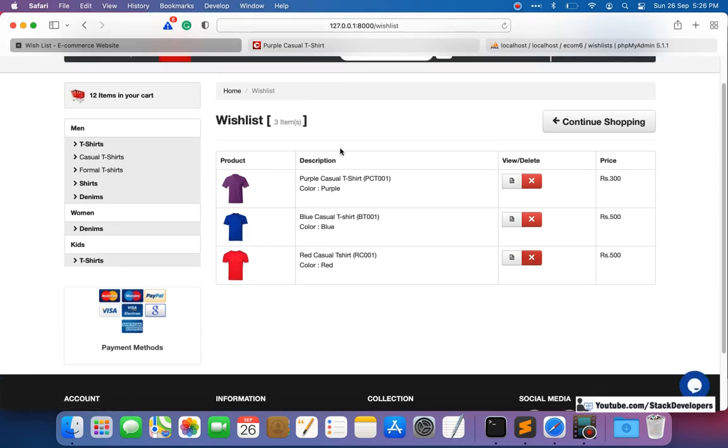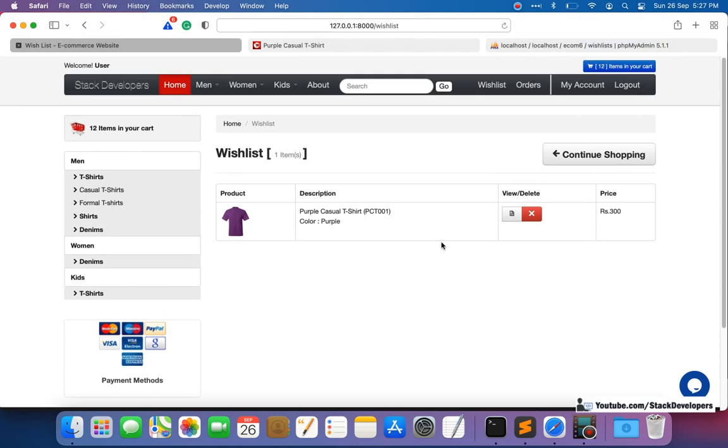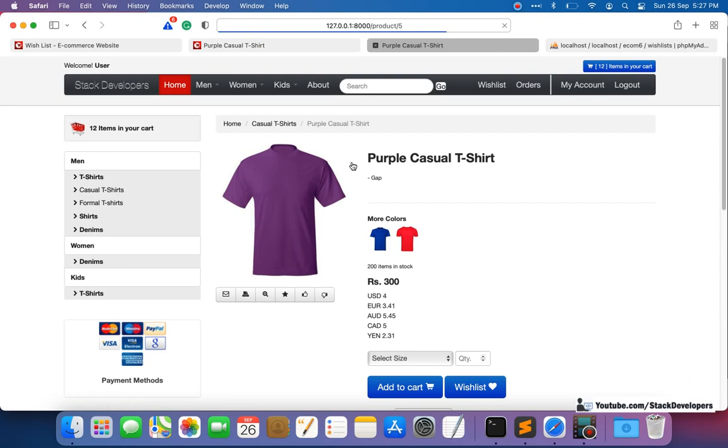So now I'm going to remove this one. There 2 items must remain, and it must be removed instantly with the help of Ajax. So let's see. See, you can see that 2 items are left here, and I am able to delete the item instantly, and this count is also updating with the help of Ajax. Like this, you can update your wish list. Okay, so it's almost over now. You can create this wish list at your end as well.